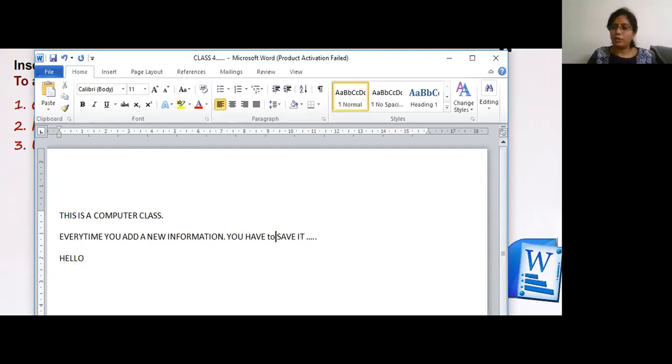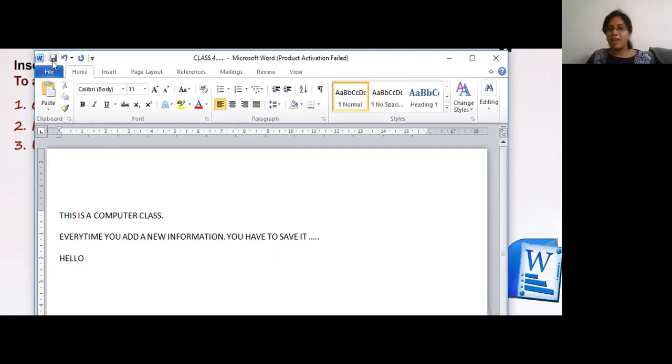So wherever you want to write something new, just click your mouse pointer over there and then just start typing. If you have written anything wrong, you can either do delete or backspace. I'll just do backspace because I have written "to" in a small letter. All of my line is in capital letters. So I'll switch on the caps lock. Now I will write "TO". Yes, and then simply save.